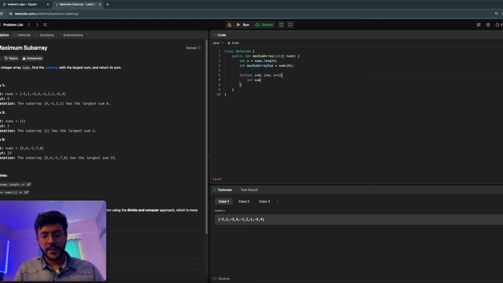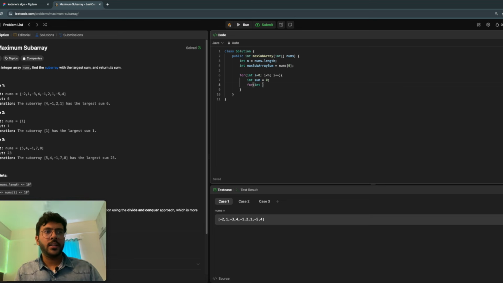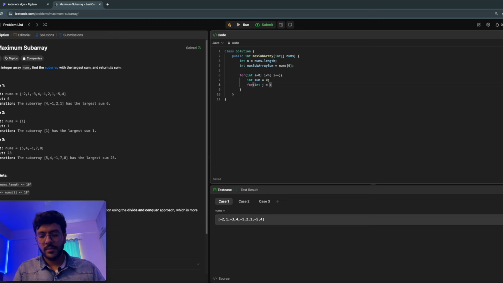We declare a variable sum as 0, and we will add another for loop which will take i as the initial starting point, and it will go till the end, which will basically be our subarrays, j plus plus. We will add each value to sum,